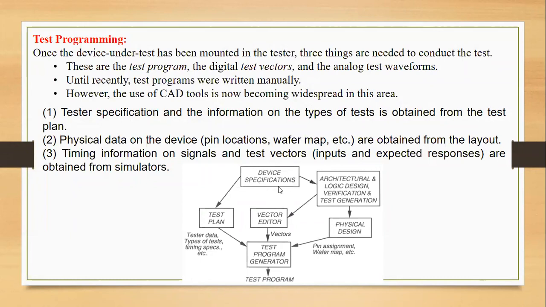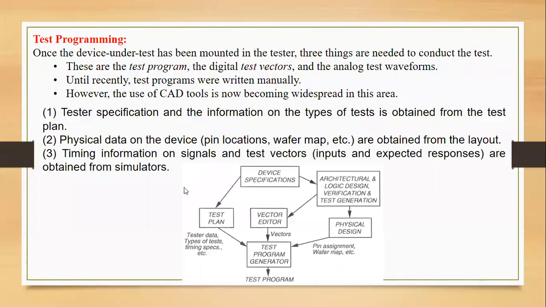After knowing the specifications, you are able to design the architectural model and logical design operations, and then it is sent for the physical design operation. Once you have the physical design, it is able to test for the program. Before that, if you have any vector editor, if you want to make modifications, check the logical operations or changes in the pattern, all that can be done in the vector editor and sent to the test programmer. So in between we have vectors there also.